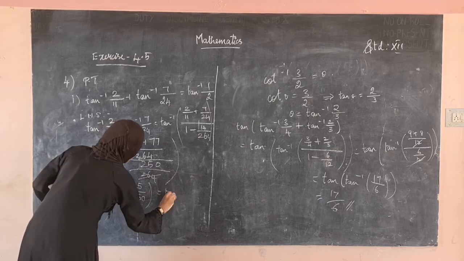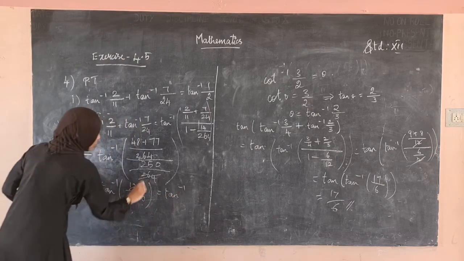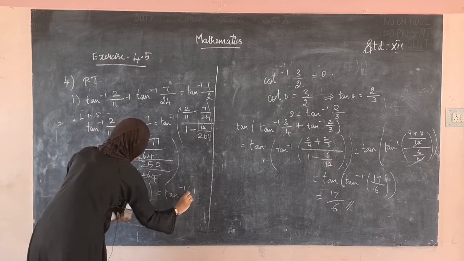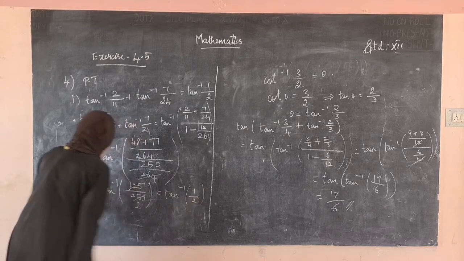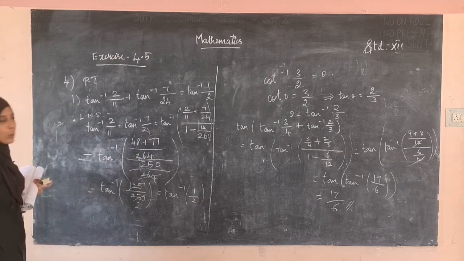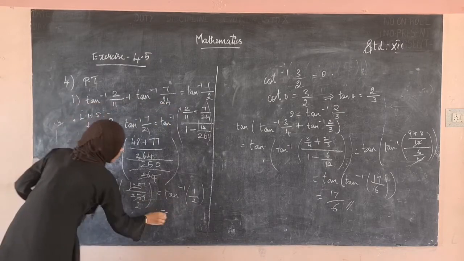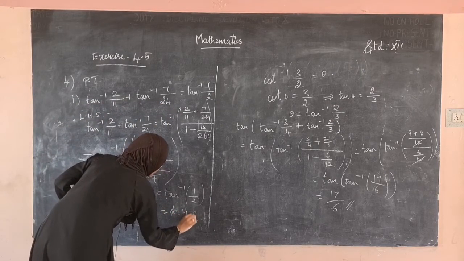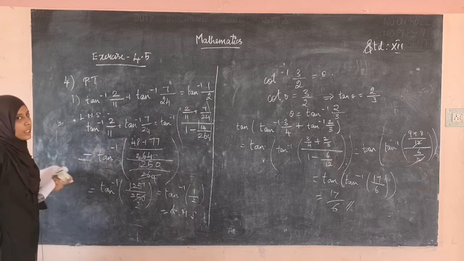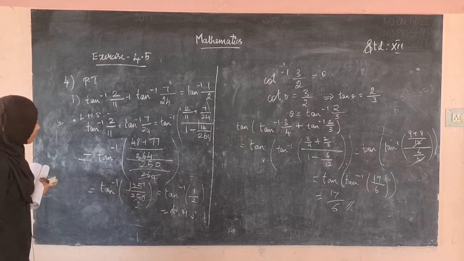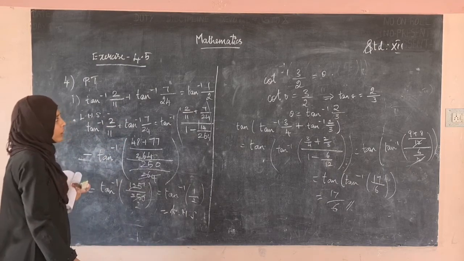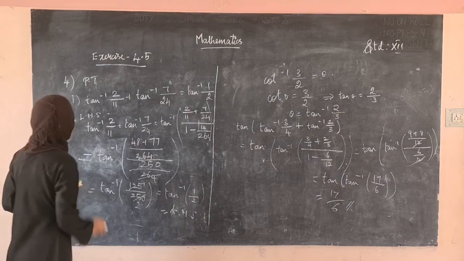See here, 125 times 1 and 2 times is tan inverse of 1 divided by 2. Right, this is what we have to prove, right? Left hand side we took and we have arrived at the right hand side, which is equal to RHS. So you have to write the whole expression. Tan inverse of 2 divided by 11 plus tan inverse of 7 divided by 24 is equal to tan inverse of 1 by 2. Hence proved.